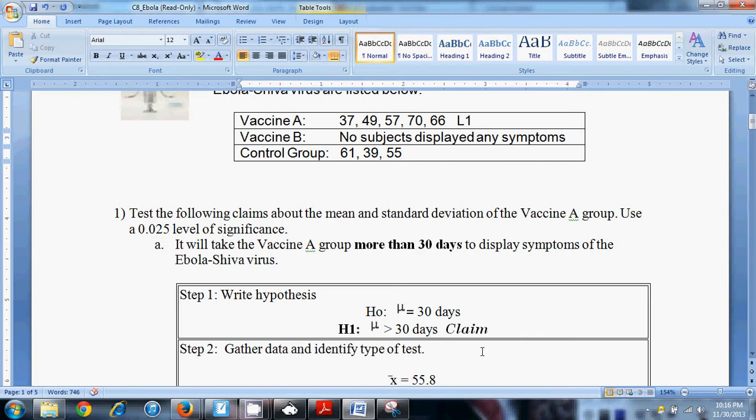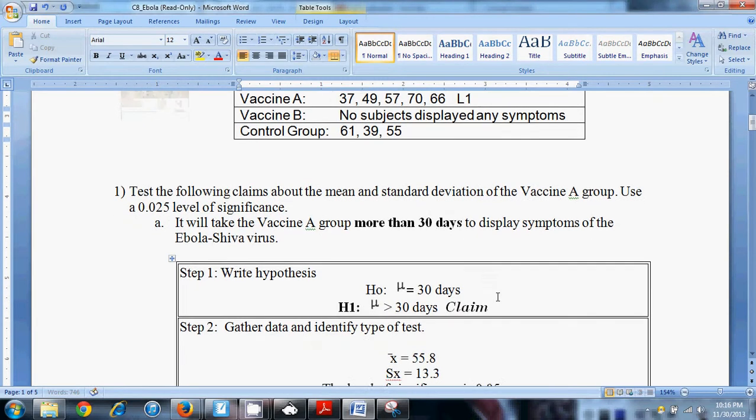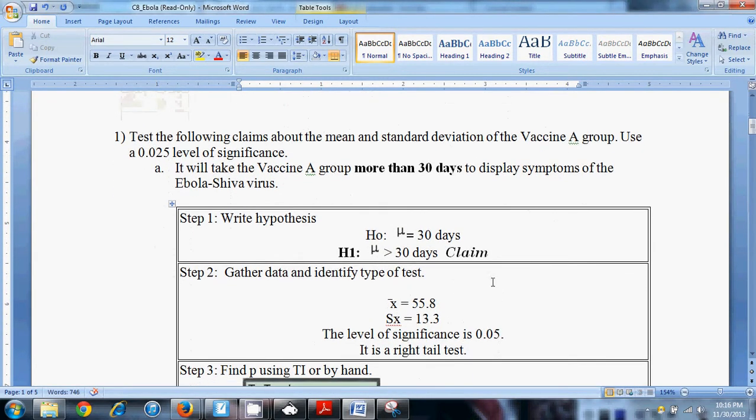And I want to say that vaccine group A will take them more than 30 days. So that's my claim, more than 30 days. That means less than or equal to is the null. I need to get my information. It's going to be a one-tailed test because it's right-tailed. I would need my x bar and my s of x if I was going to be doing this by